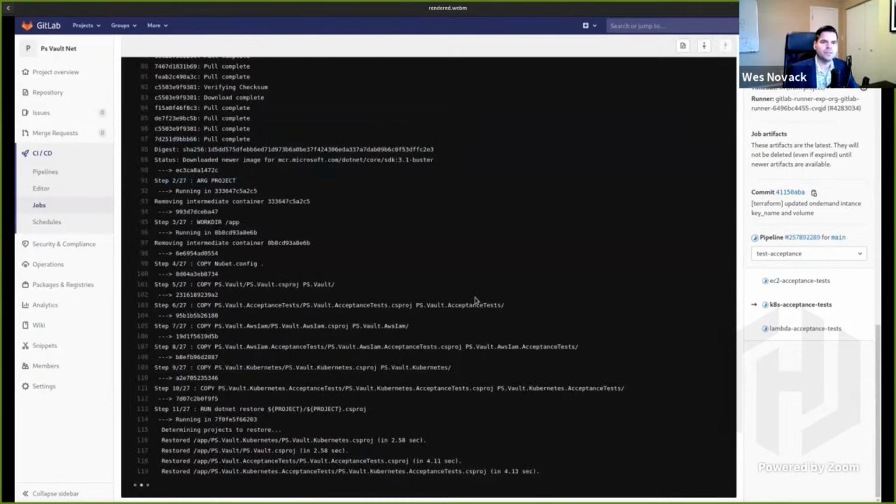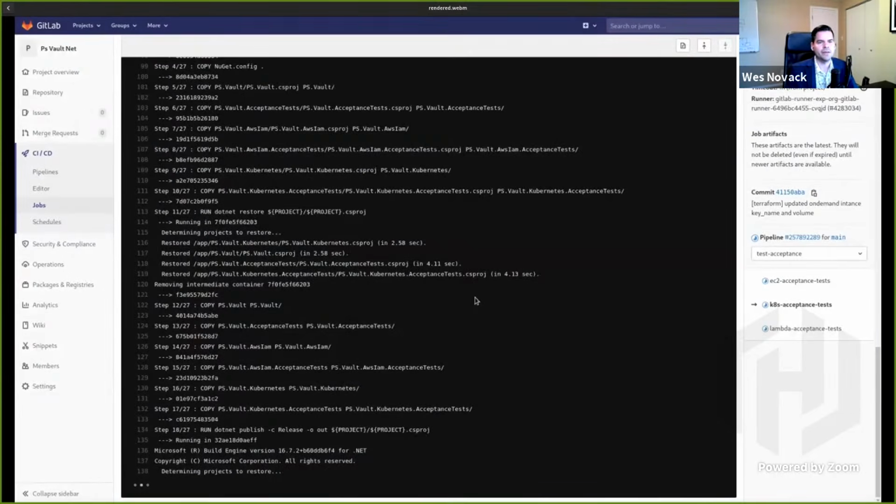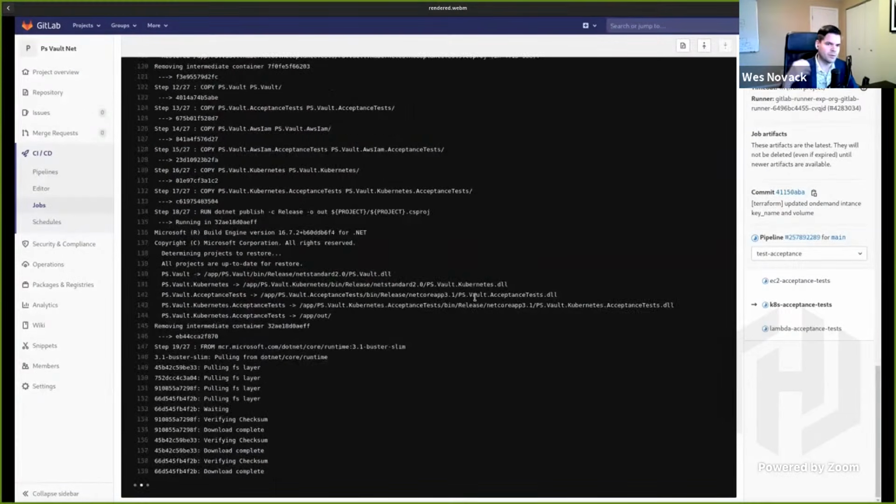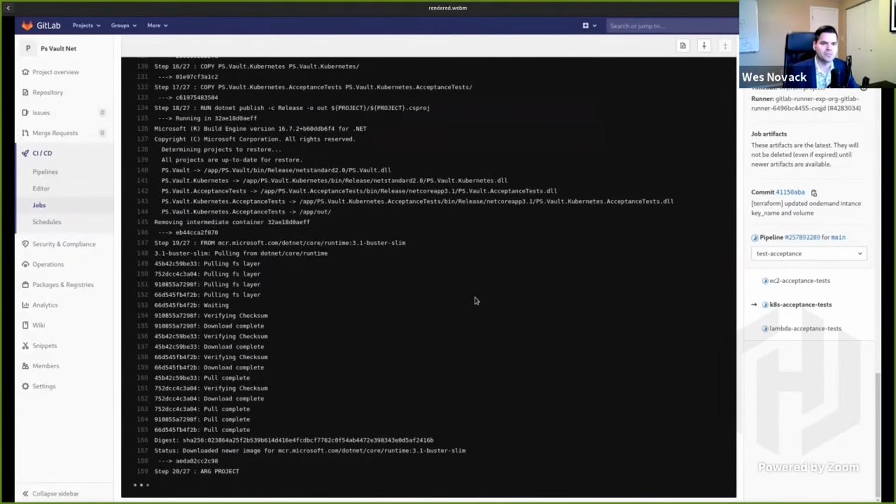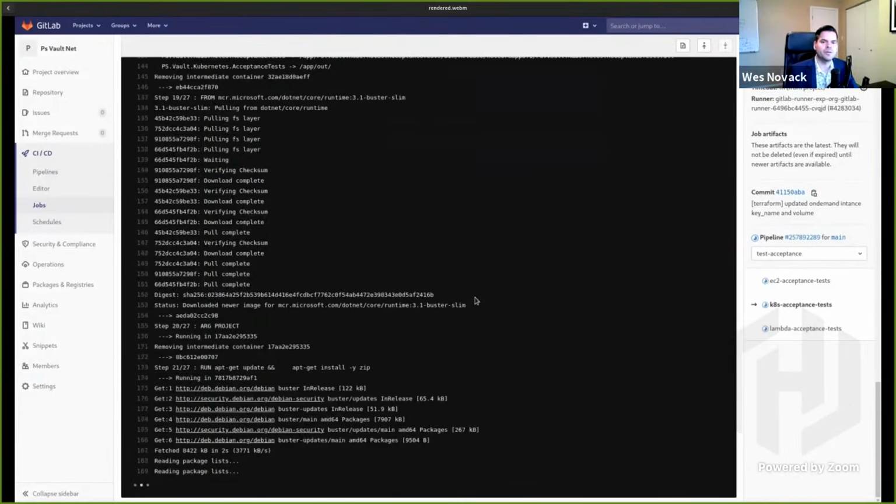After the GitLab runner is initialized and prepared, it starts executing the commands that are defined in our GitLab CI/CD pipeline definition. That makes a make command call, and all of our logic that's defined in our make commands starts getting executed. In this case, you can see we're doing something with our Docker image layers, creating a Docker image.